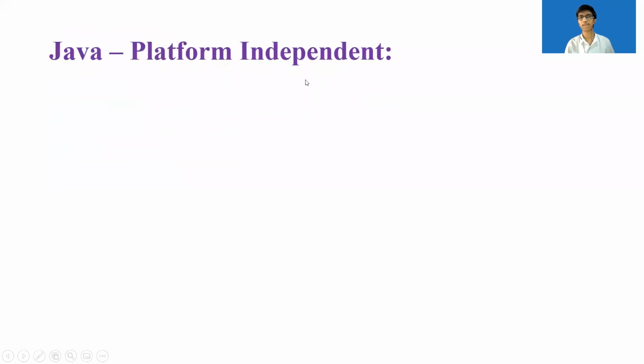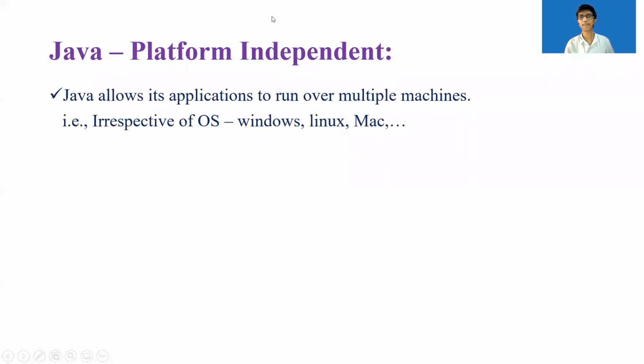Now the first one is whether a language is platform dependent or independent. See the first one, Java is a platform independent language. It means what? Let me show you the definition over here. Java allows its applications to run over multiple machines, which means what? Any programming language that allows its applications to run over multiple machines, whether it be Linux, Windows, or any platform. If it allows running over multiple platforms, then we can say that programming language is platform